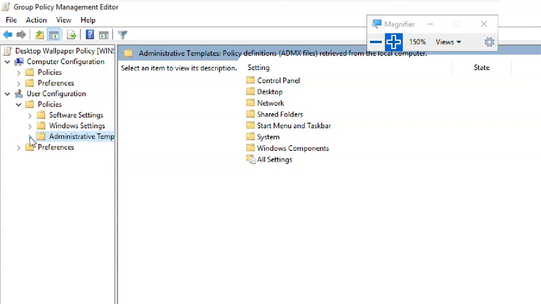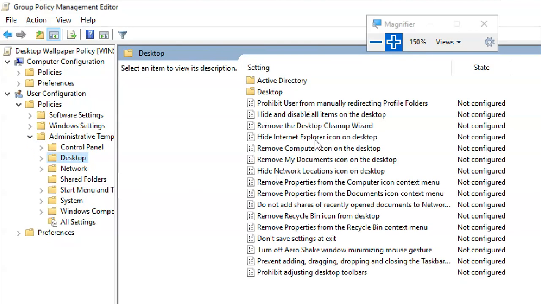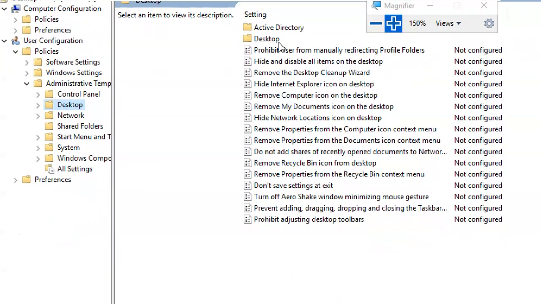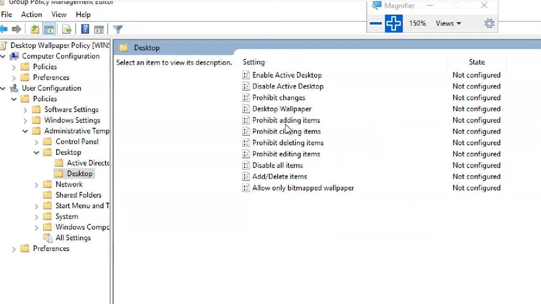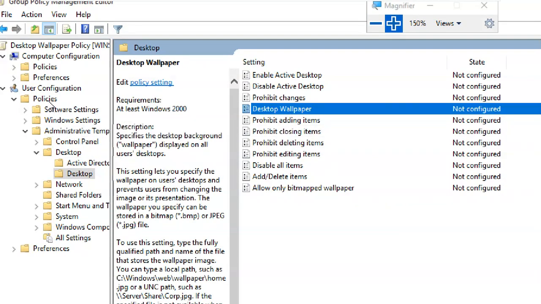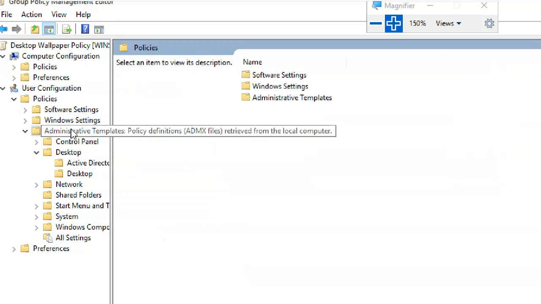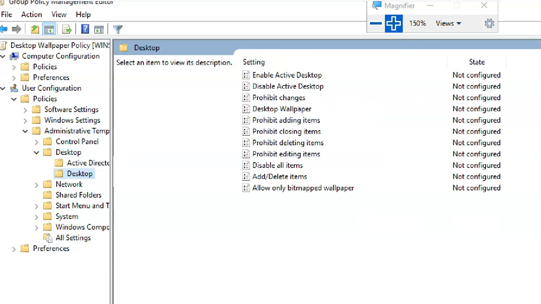Okay, but my policy is located under desktop. In this entire desktop, you have to search and find it. Desktop wallpaper. I went to policies, administrative templates, desktop, again desktop, desktop wallpaper.